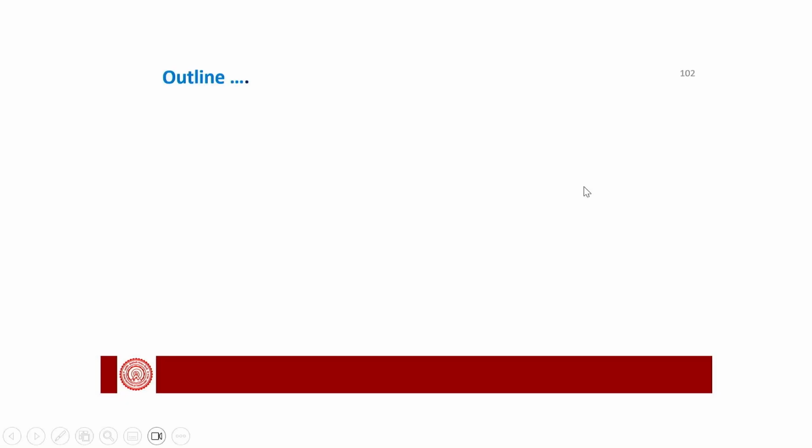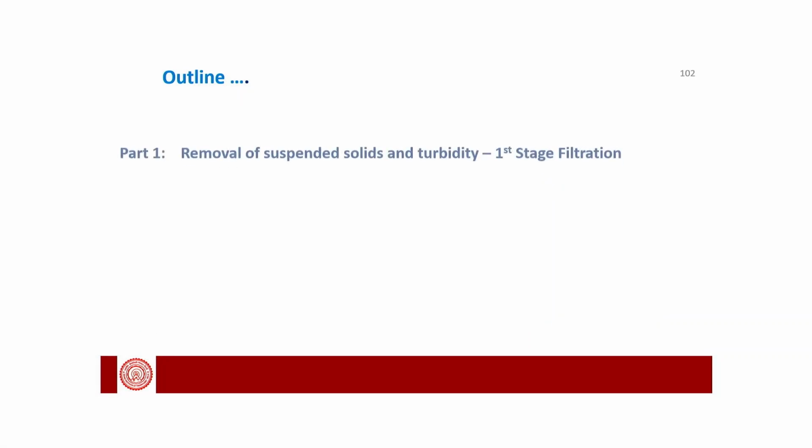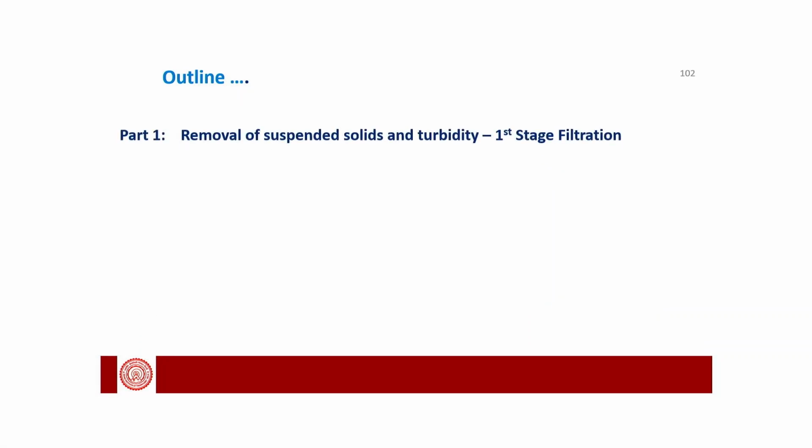Before this, what we have done in this study. First part, that is stage 1. In stage 1 we discussed the non-woven fabric, needle punch fabric, how non-woven fabric actually removes the solids and turbidity in water, and we optimized parameters like depth of needle penetration and needle density. So, this we have done in part 1, and also in part 2